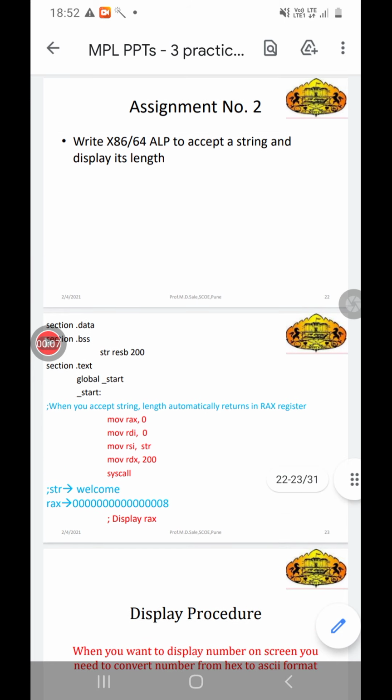Today we will discuss assignment number 2, that is, write the assembly level language program to accept a string and display its length. In this particular practical, we have to accept the string from the user, from the keyboard, and we have to display its length on the screen.